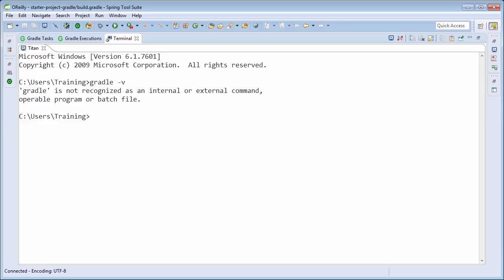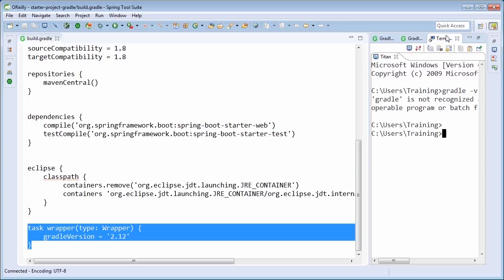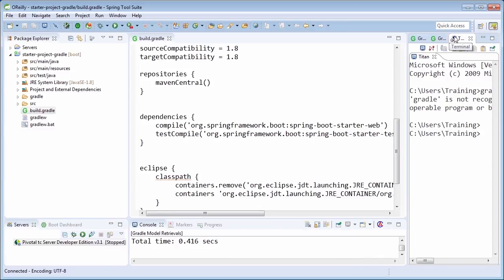So here's where the Gradle wrapper is really unique in that it solves those problems for us in the fact that we have specified the Gradle wrapper within our build.gradle file. So here we see that we're specifying to use version 2.12 of the Gradle wrapper, and it's going to be pulled in for use by our project. So if we navigate back to our terminal,